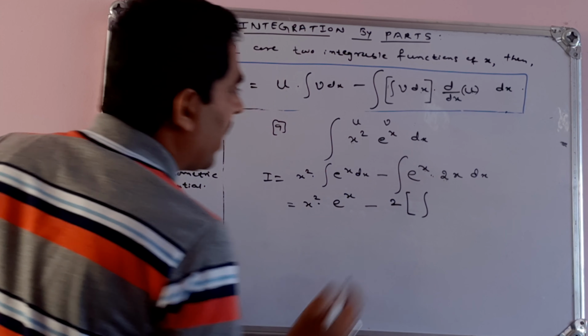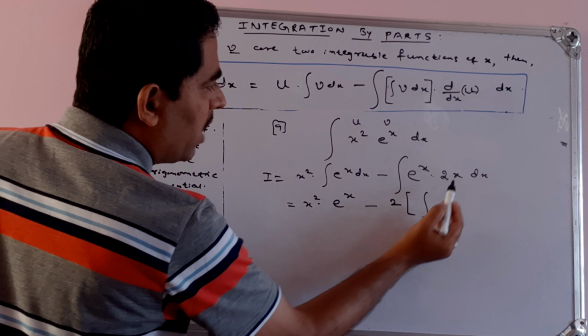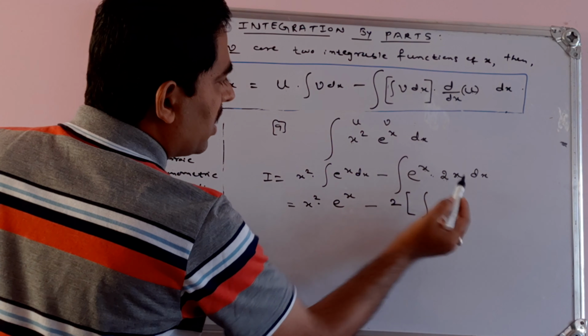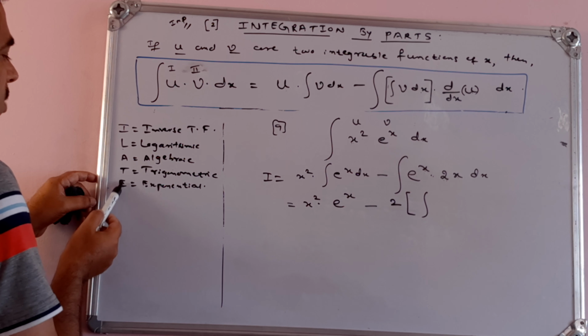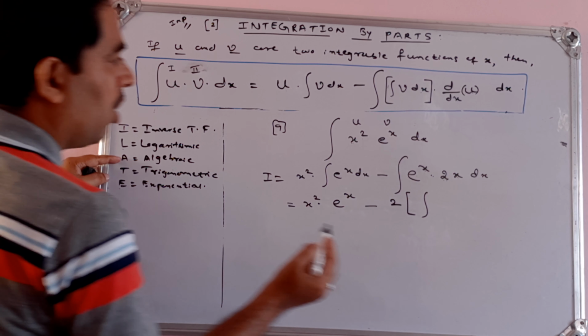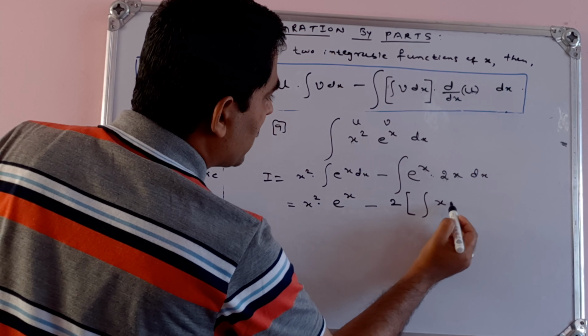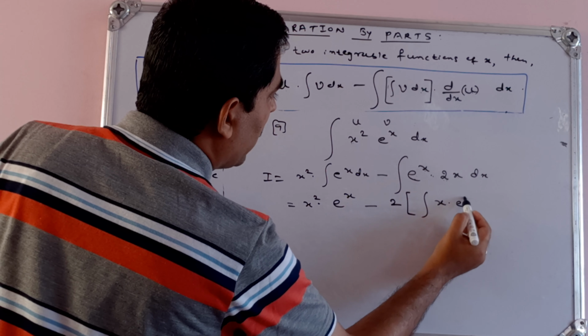to the power of x into x. So I have taken this 2 outside, see, e to the power of x into x. So that is an exponential function and an algebraic function. See, exponential and algebraic. So first we have to write the algebraic function. So I will write first x into, afterwards I can write e to the power of x.